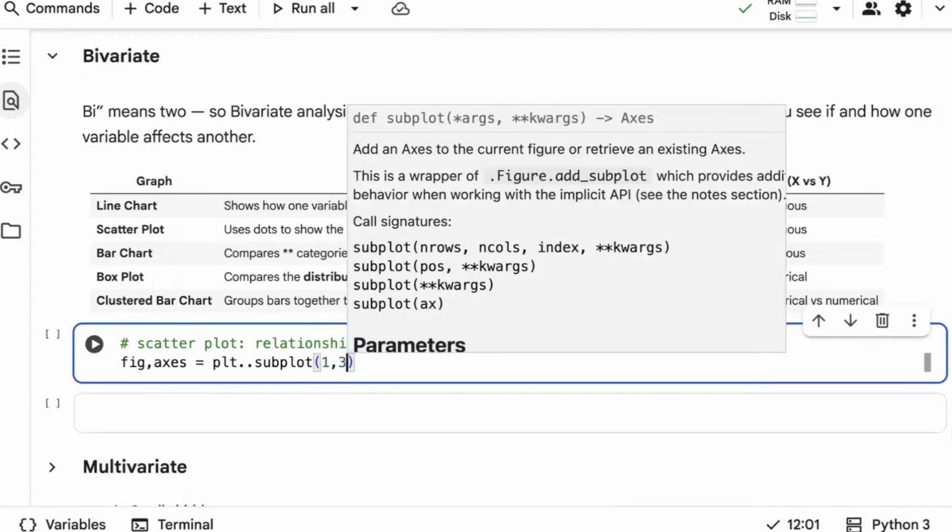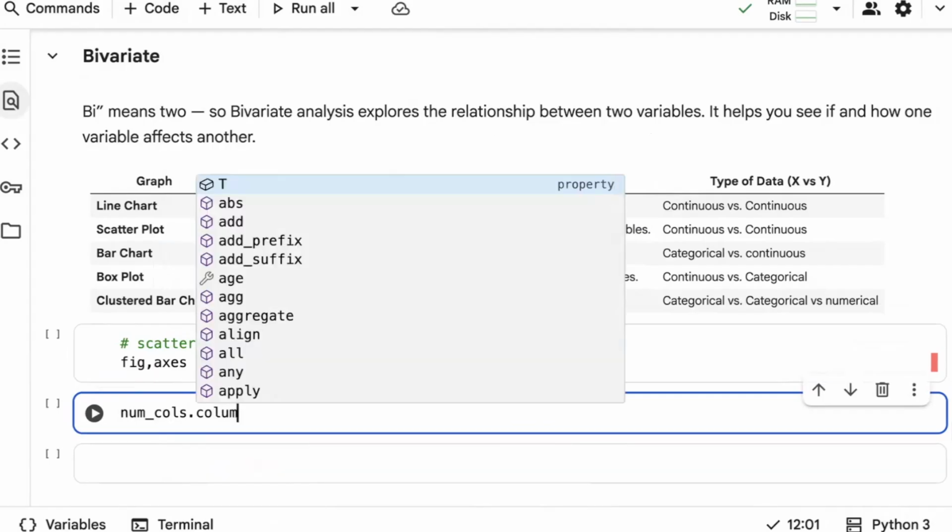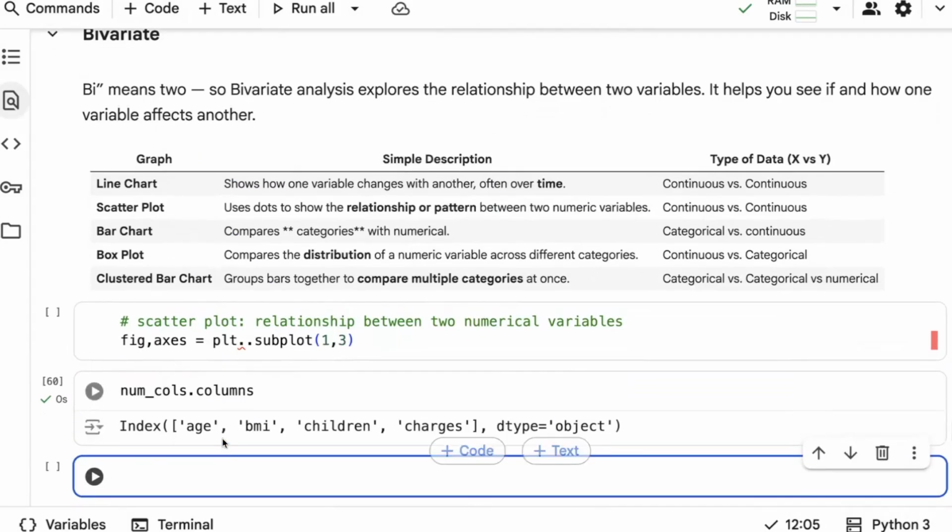So I have three numerical variables, so you can just take out the numerical columns. Basically, these are the numerical columns. I just want to compare age with charges, BMI with charges, children with charges, because charges is the most important thing, an important factor we need to consider, to understand on what basis the charges depend and how input variables vary with our output variable. So we are just using this particular approach.